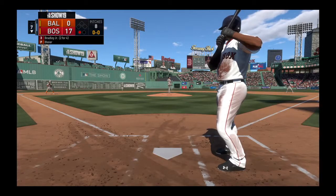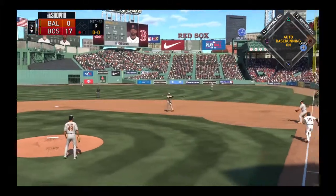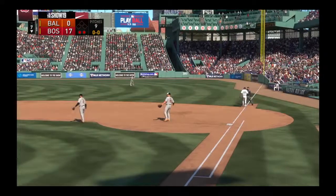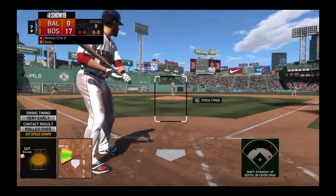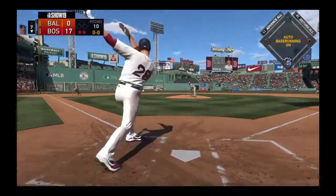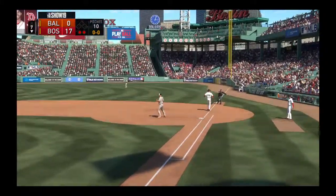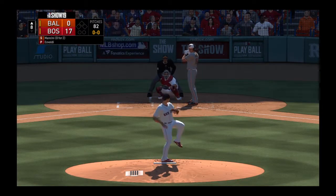Stepping in now, Jackie Bradley Jr. As he'll send the first one he sees on the ground to second. And the off-balance throw beats him at first, and that's a tough play. Up next for the Red Sox, the designated hitter, J.D. Martinez. It's been a 2-for-4 effort for him so far in the ballgame. Hit on the ground out to short, played on the backhand. And that will conclude matters here in the 7th. Just 4 pitches to retire the Red Sox. But that seems a rarity in this one as they lead it